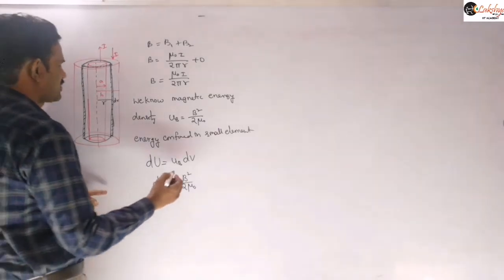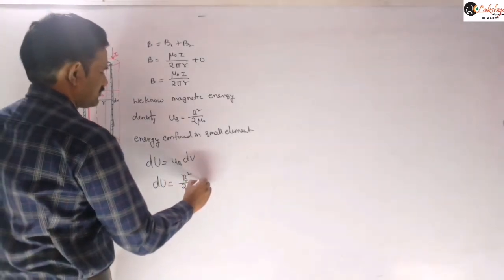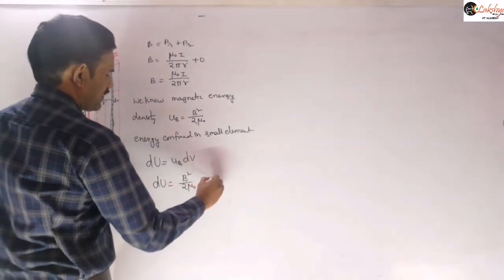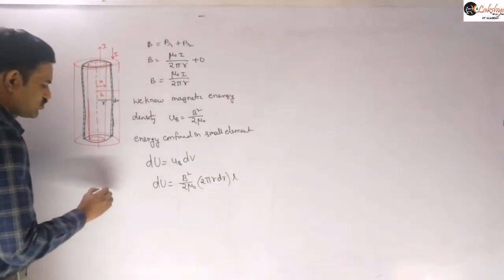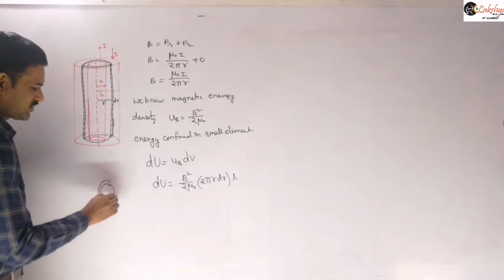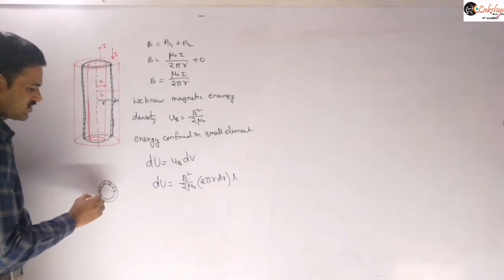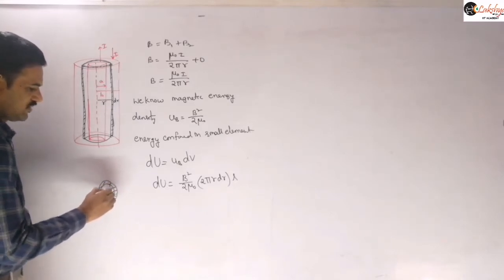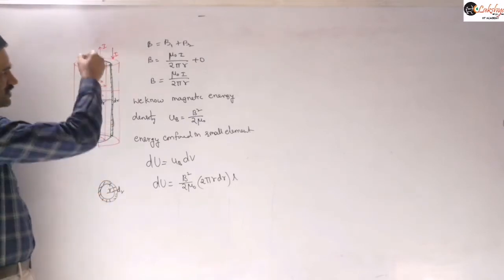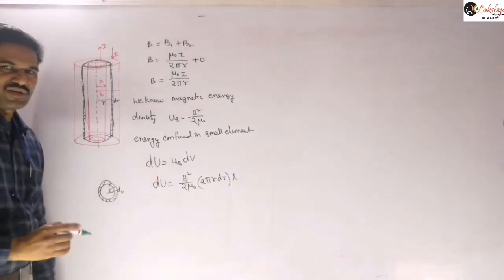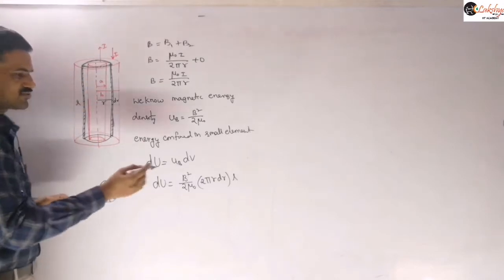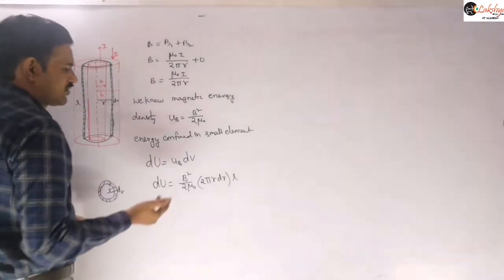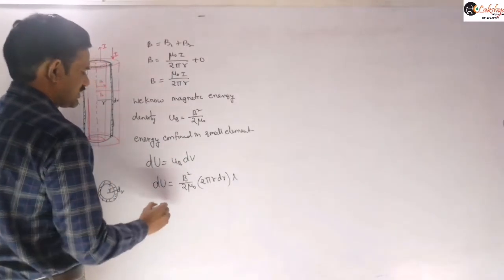Volume of that element is nothing but what we can write there is 2 pi r dr into L. So 2 pi r dr means then you will get this cross section here. So this is the cross section. That means if you are observing the top view, then you will get this cross section like this. So 2 pi r dr is a cross section, into this length let us consider it as L. So then 2 pi r into L. And to get this total value we need to integrate this expression here.